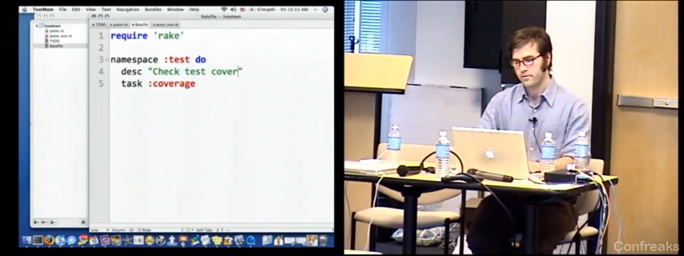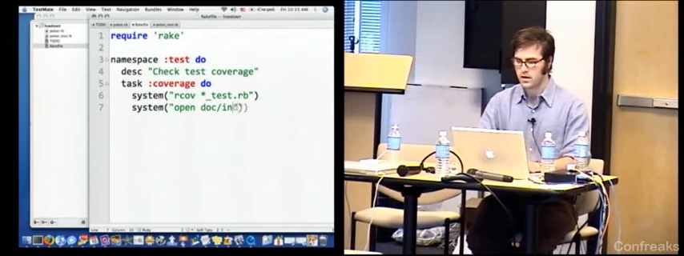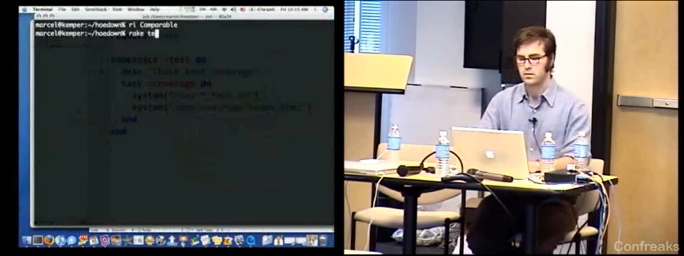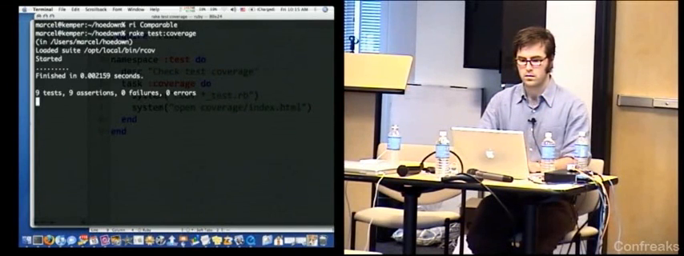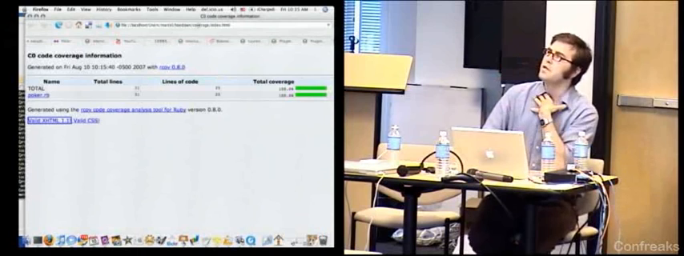checks test coverage. I'm just going to shell out to do this, run the coverage on the test.rb, and then system open the coverage index. Open is a Mac thing. It'll start up in the browser. Windows has its own equivalent. So let me see. Sweet. So it just ran coverage, and then it opened it up in the browser,